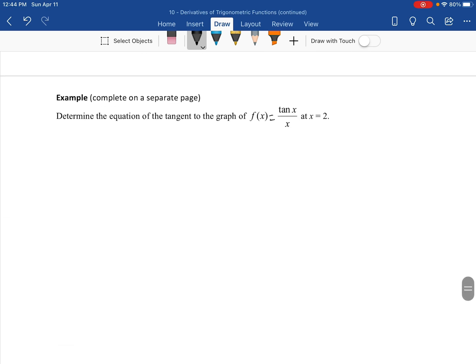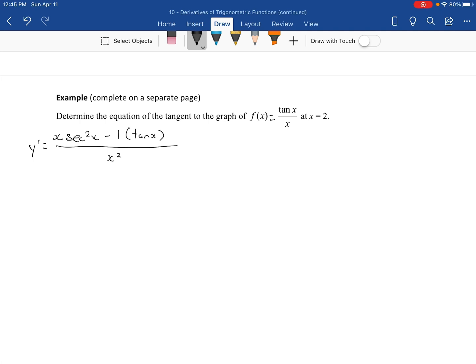Determine the equation of the tangent to the graph f of x equals tan x over x at x equals 2. So now what I'm going to do is take the derivative of this. I want the equation of the tangent, so I'm going to need the slope of the tangent at that value. And so tan x over x. So to do y prime, I go derivative of the top, which from above is secant squared x, times the bottom, which is just x, which I'm going to write out front. Just a little easier to write when you're writing trig ratios, write anything you're multiplying by out front. It's just a little easier to understand. Let's see, minus the derivative of the bottom, which is 1, times the top, which is tan x, all over